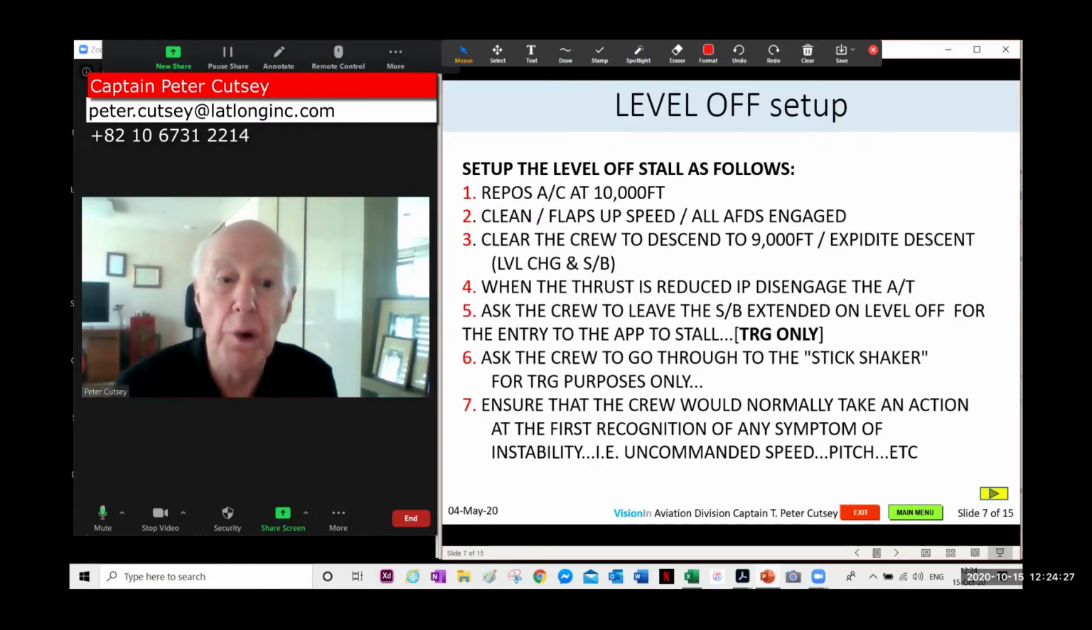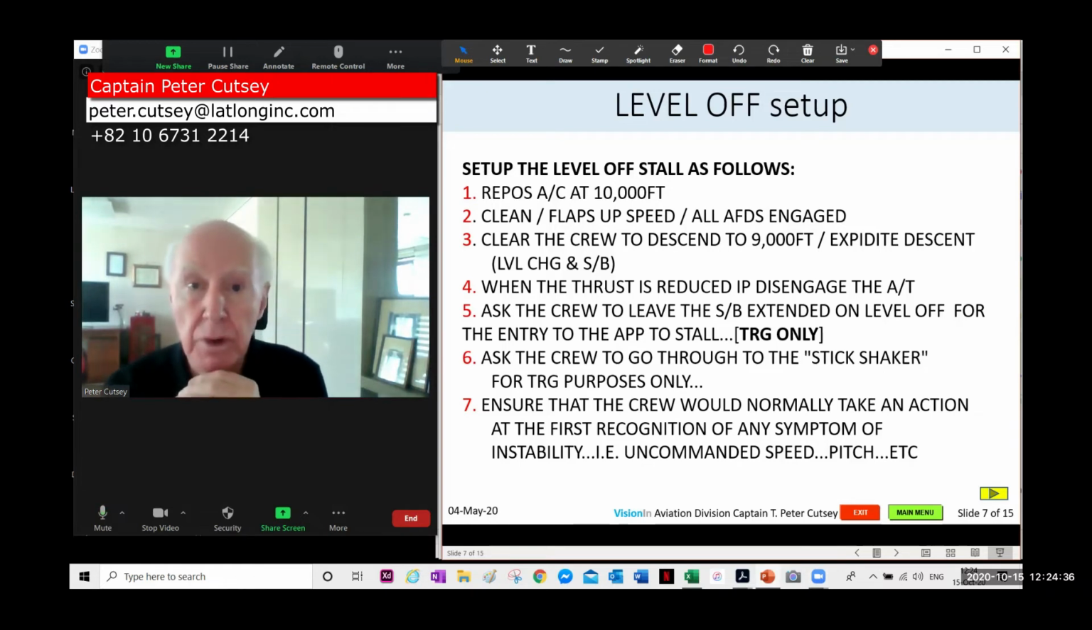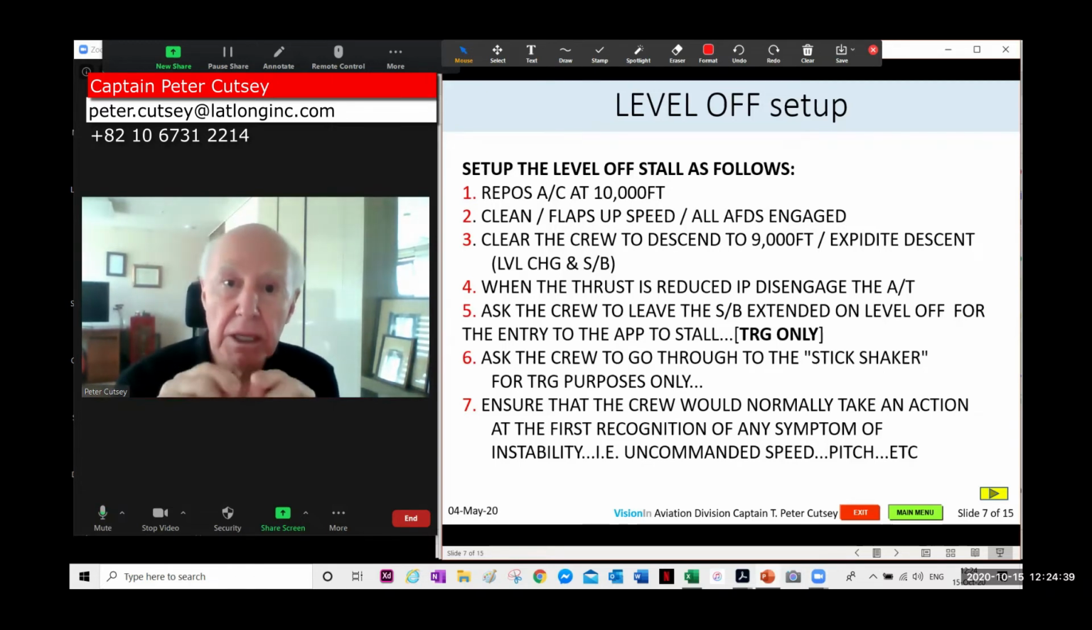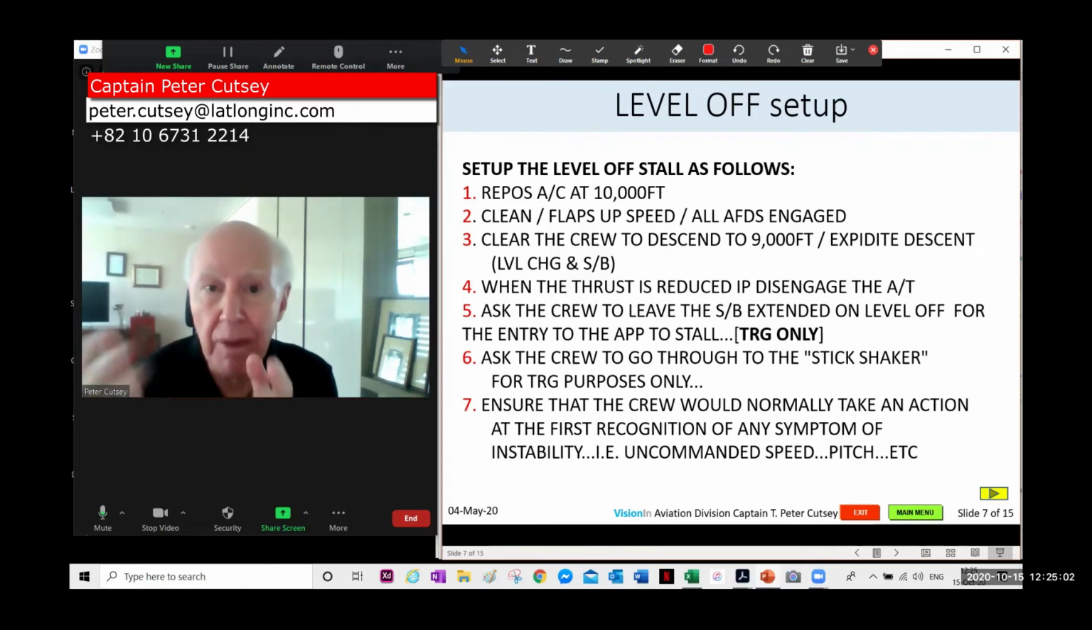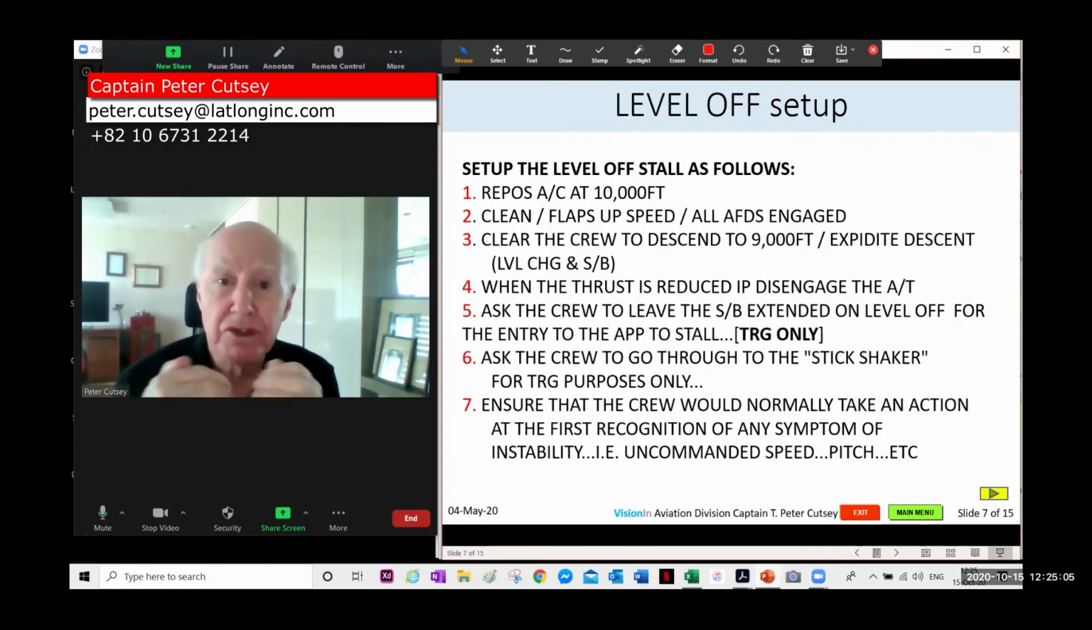This is training only. Ask the crew to go through to the stick shaker. And as the crew are doing that, point out the trend speed indicator, point out the approaching amber band, which is the minimum maneuvering area, and also point out that when you pass halfway through the minimum maneuvering band, you will get airspeed low, though some aircraft may not. But in any case, point these things out to the students so that they're aware of what they can expect,